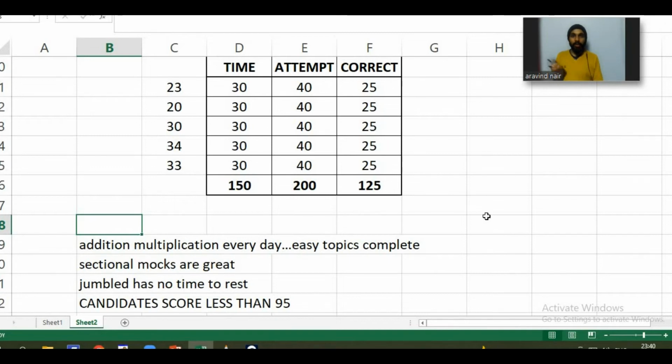If you get tensed, if you get scared, it's fine. It motivates you to do it. At least it will make sure that you do more questions and all these things. Getting bored makes you lazy and makes you very demotivated. You just don't want to do it. That should not happen. So giving too many mocks is also wrong.